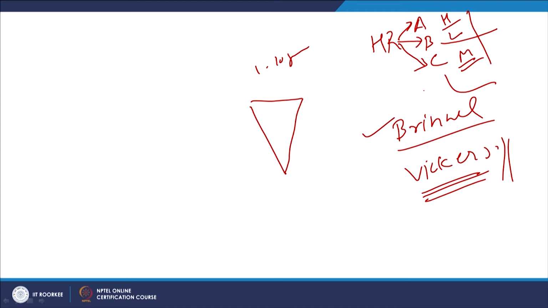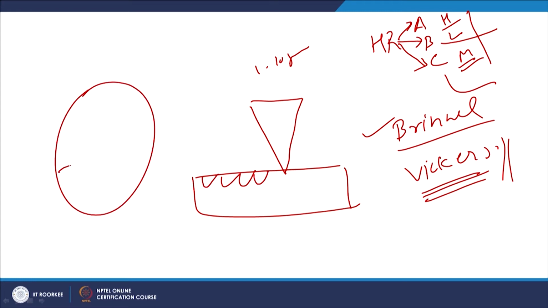Micro hardness test methods are used for measuring the hardness of the individual micro constituents. Most metals are made of various constituents. Like this metal in the magnified view, you can see A, B, C, D, E and F. If you are interested in checking the hardness of each of the constituents, because each will have different composition, different crystal structure, so different physical properties, different mechanical properties in terms of hardness.